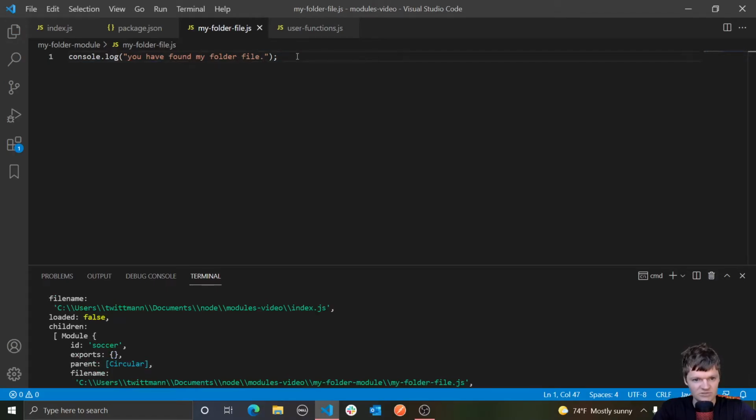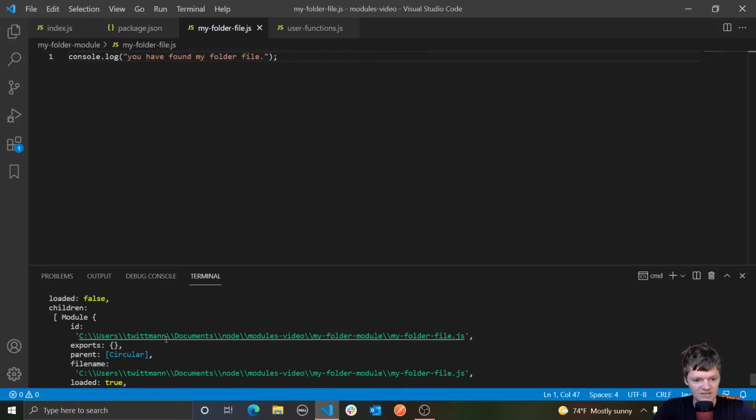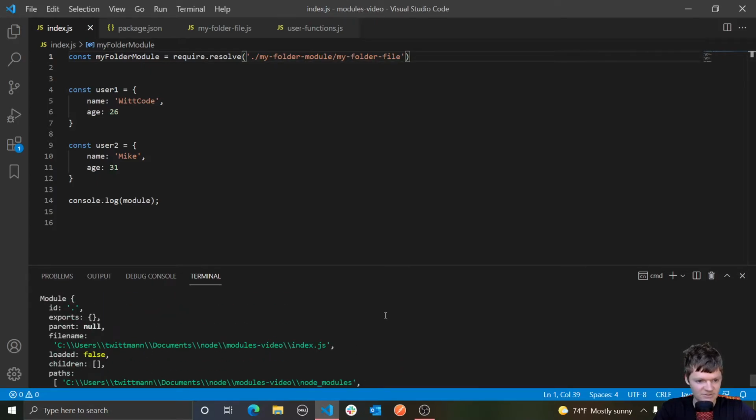But so that's just what the children key is. So run it again, and you can see we get the absolute path. And it should be noted that when you use require.resolve on a module, this module would not be added to this array of children modules. So you can see the children array is empty. So this module, let me get rid of this again